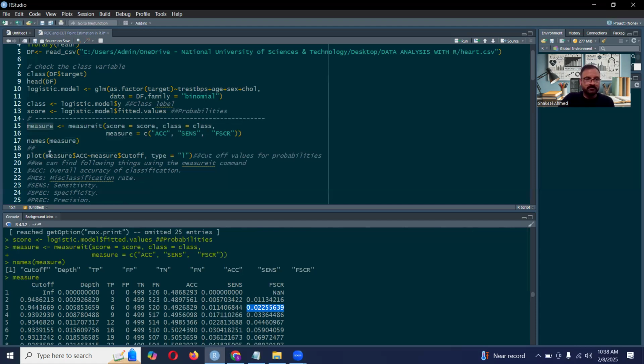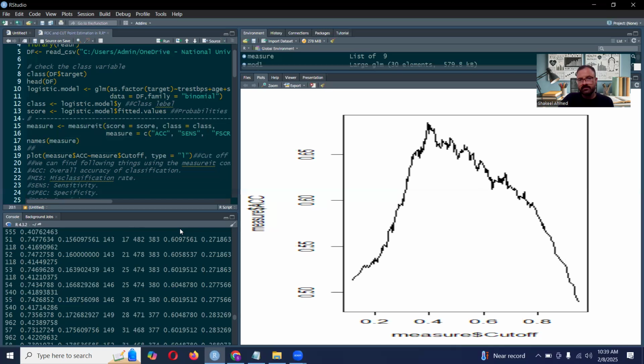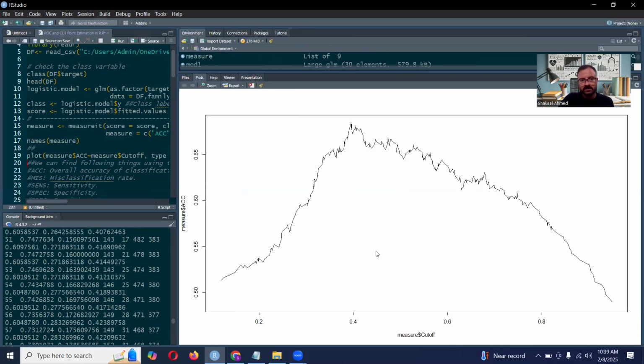So we can plot this, just accuracy versus cut point. So you can see for different cut points, we have different values of the accuracy. The measure of accuracy is maximum at 0.4. So we should take a cut point at 0.4 for the probability, above which we should